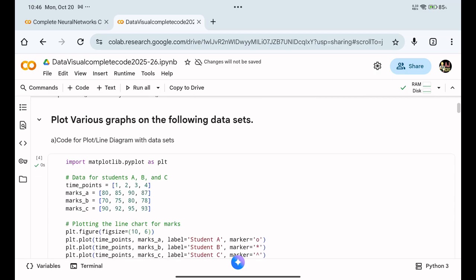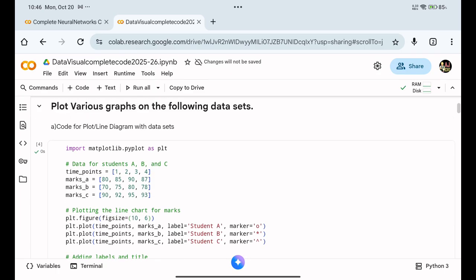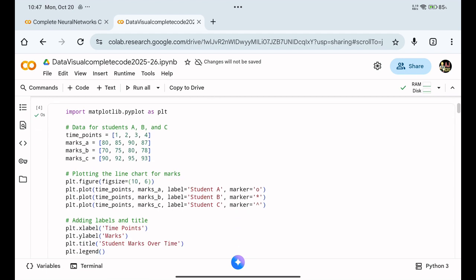This is the first one. Okay, this is the first one. If you want to plot a graph on the following data set, so here what we did, we have written